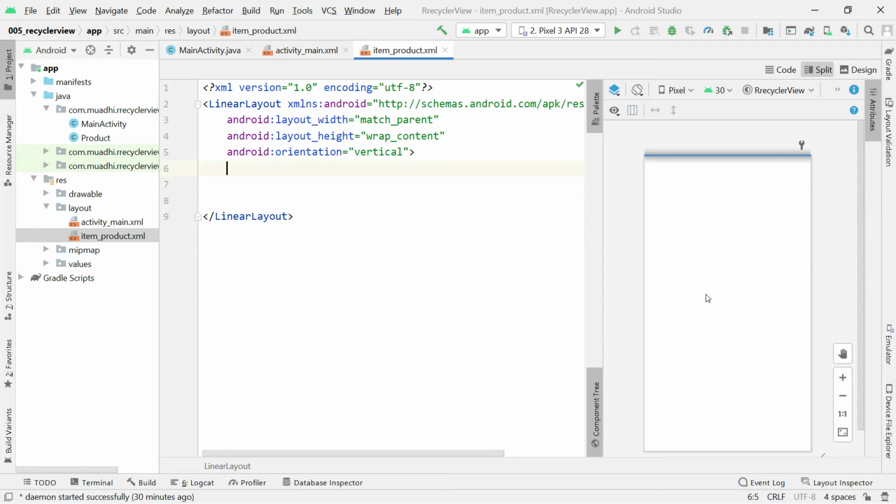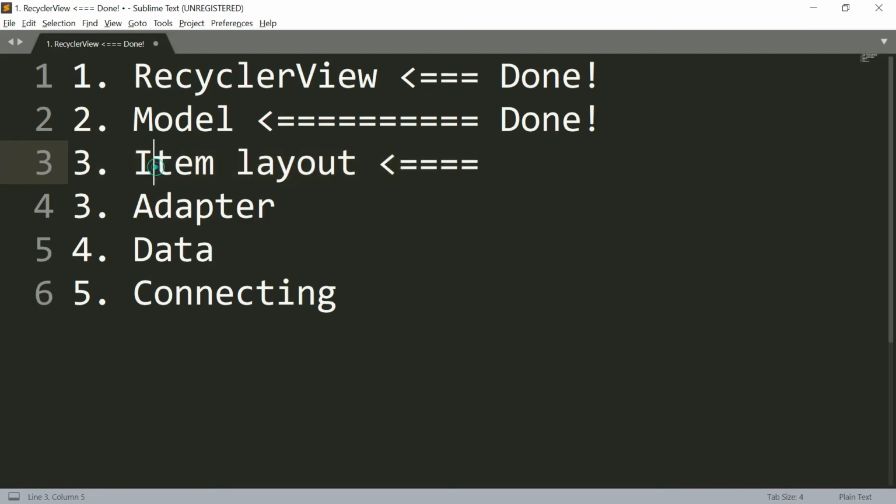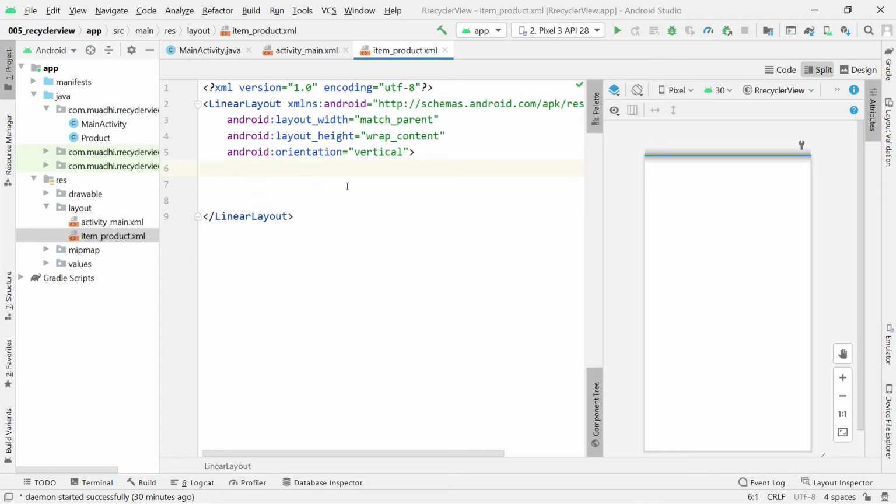So okay, that's it, Hadi. So here I see this. I'm trying to create a single item here. So how should one item look like? I want to put the item and the price on the opposite side, and then below it we'll have maybe